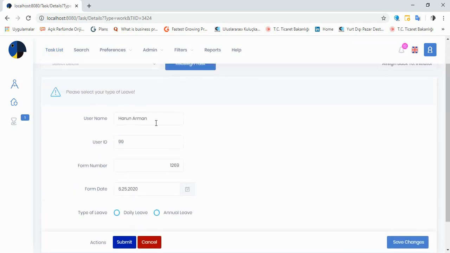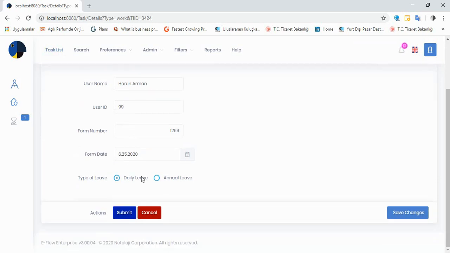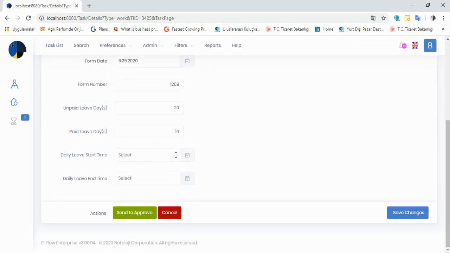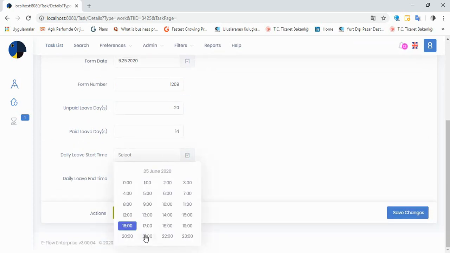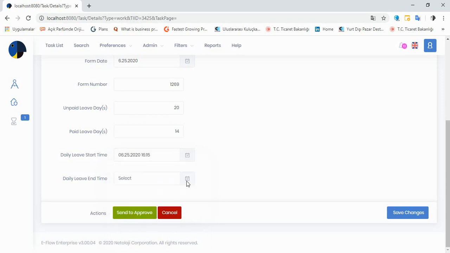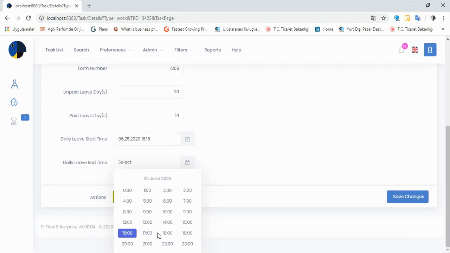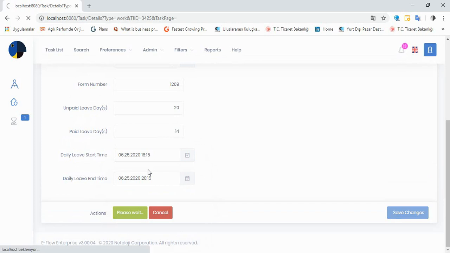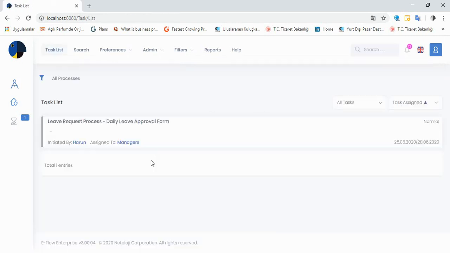Okay, so this is the first form. Please select your type of leave. It will be daily leave. And this is the unpaid leave days I have. This is the paid leave days I have. And I have to select, I want to take the rest of the day off, and it will be until the evening, let's say. And I send this request to approval, and it is sent to managers leave request process